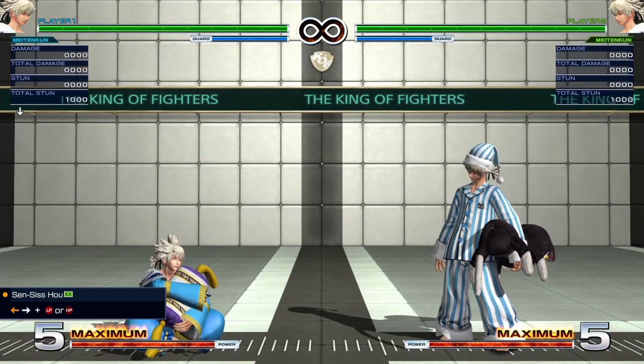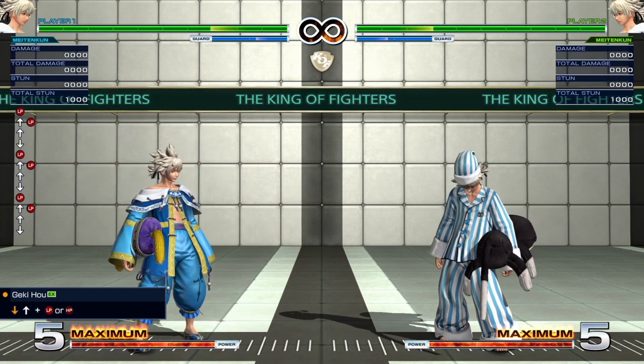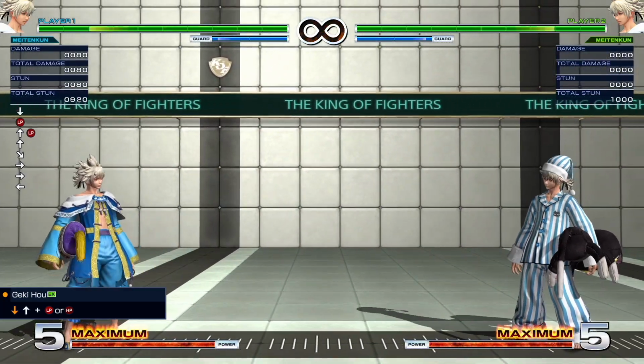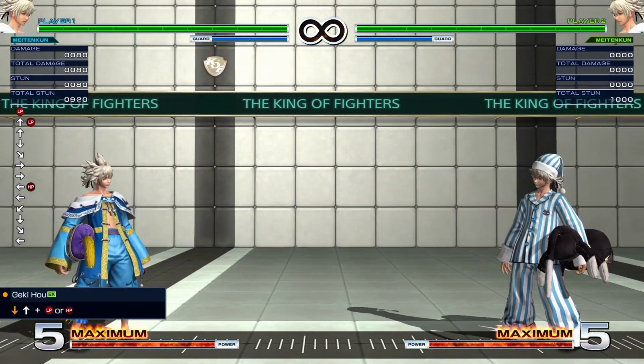The final third of pain is Genki Ho, done by holding the stick in any downwards direction for a bit, then flipping the stick up and punch. That any downwards direction bit means that this move is able to be charged even when running, which can cause some very interesting setups. This is Meitenkun's flash kick-esque anti-air,